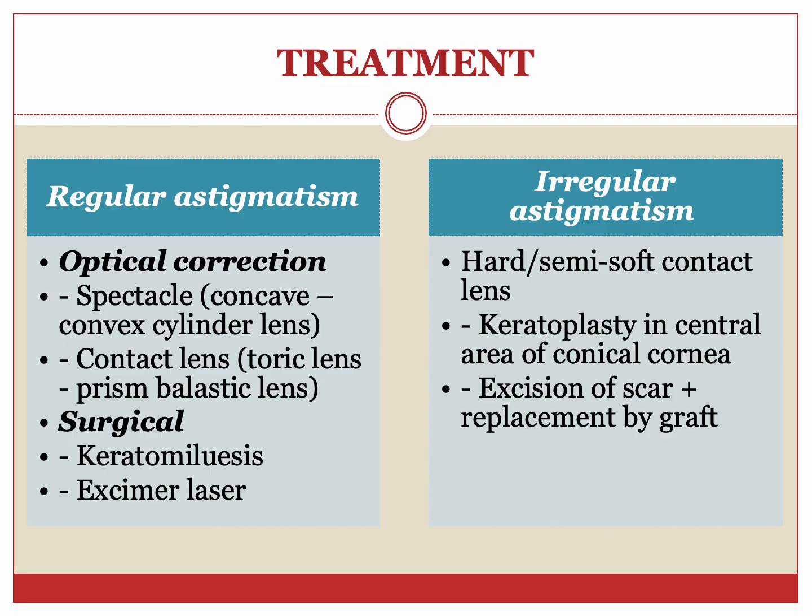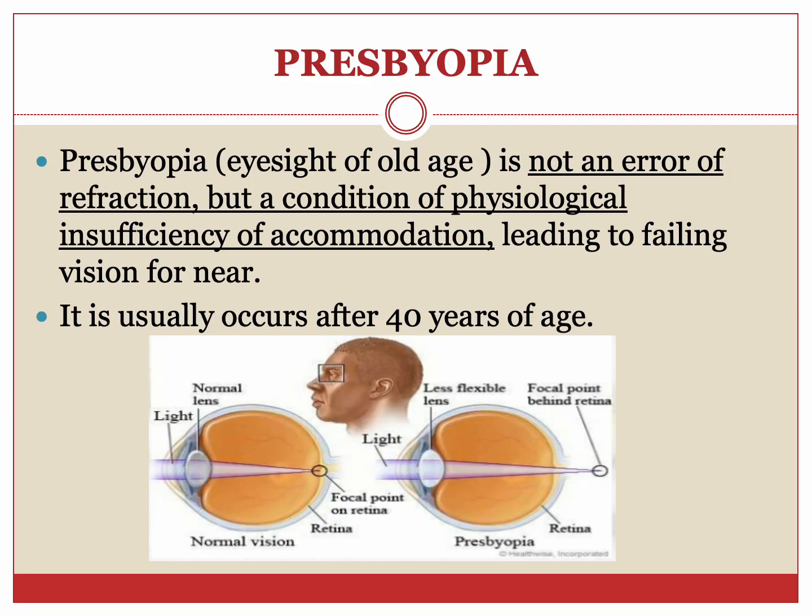Now, in the treatment of irregular astigmatism, we give hard or semi-soft contact lenses, or we can also do keratoplasty in the central area of a conical cornea, or we can also do excision of the scar if there is one and replace it by a graft. Now moving on to another thing which a lot of students get confused about,